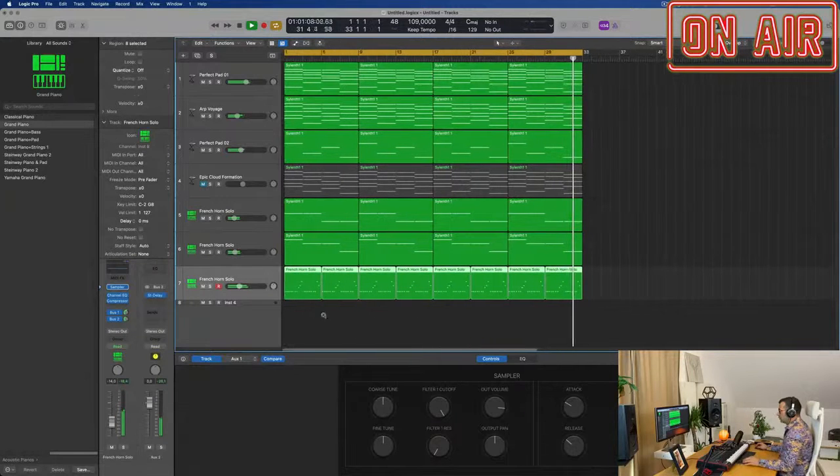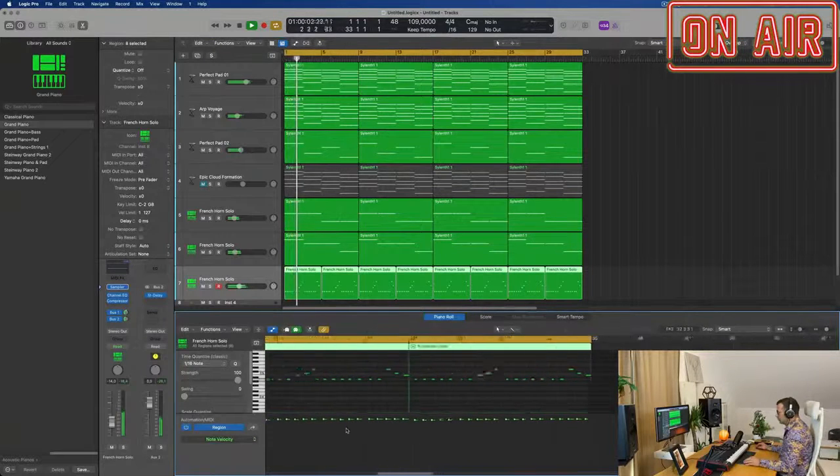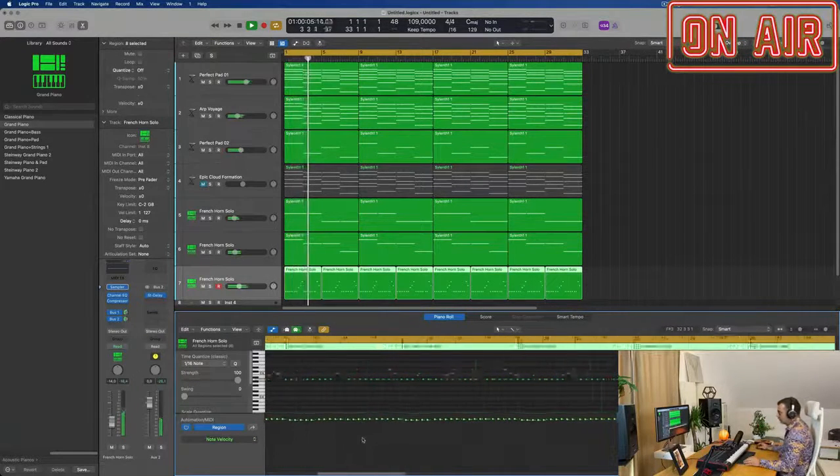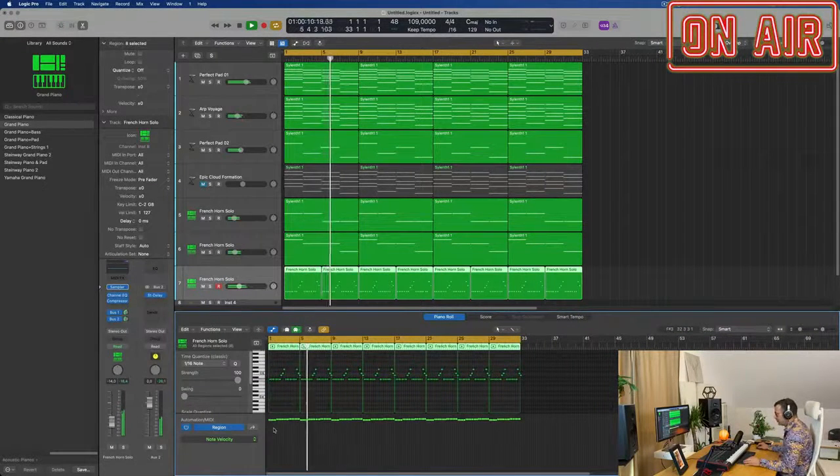I think I would like those keys a little bit softer, because as you can hear, they're really hitting hard. Like, you know, when you hit the piano hard like this, it's a little bit intense for this type of music, so I will probably make it softer and play more with the volume. Even this is still quite intense. Okay. Could play a little bit with it as we